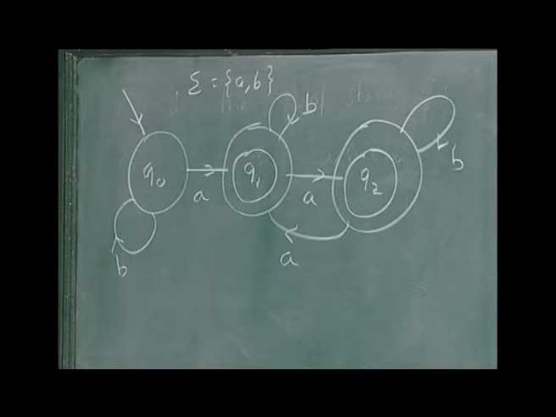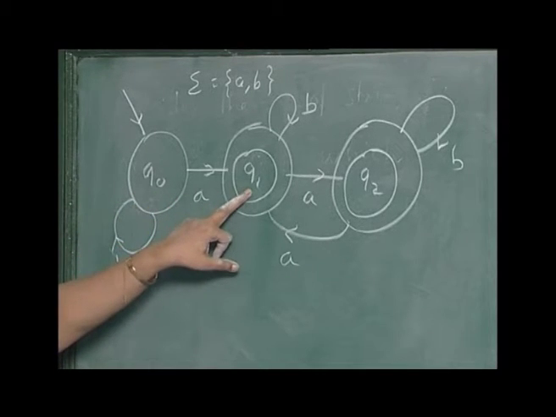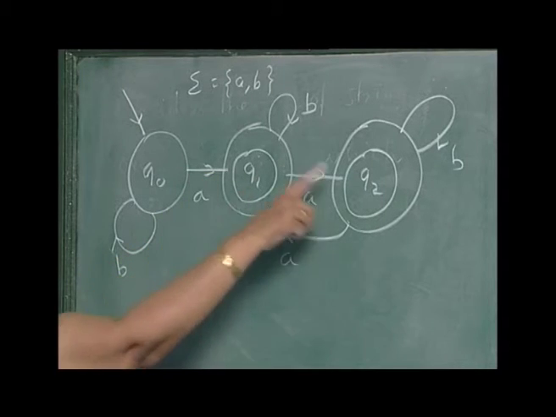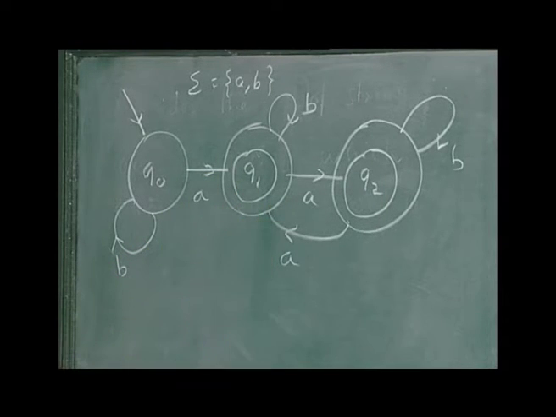If you look at the diagram carefully, you see that if you get only a string of B's, it will not be accepted. But once you get one A, you go here. Afterwards, you will be either in Q1 or Q2 only, so it can be followed by any string. So, any string of A's and B's where there is at least one A will be accepted by this machine. If you do not have any A, just a string of B's, it will not be accepted. So, the language consists of the set of strings in which at least one A is present.